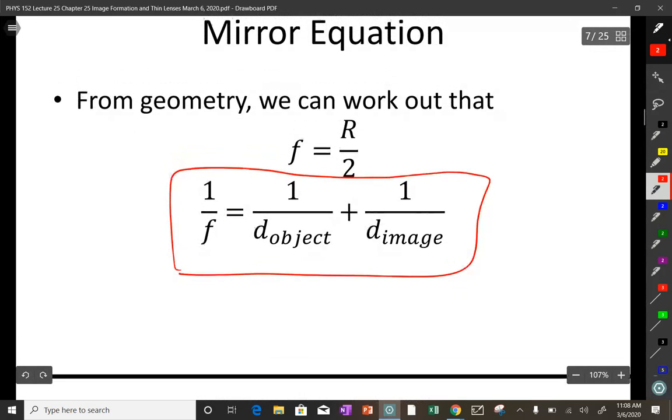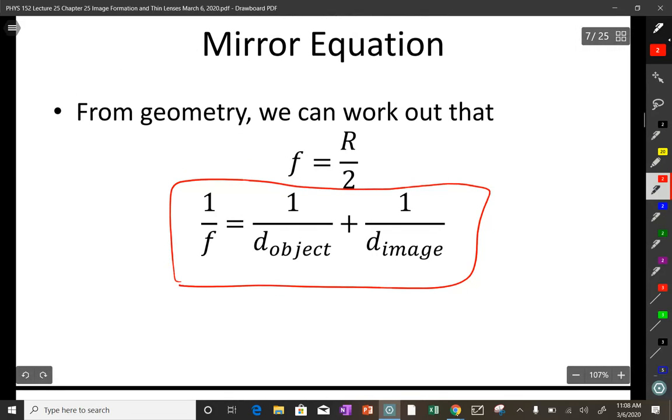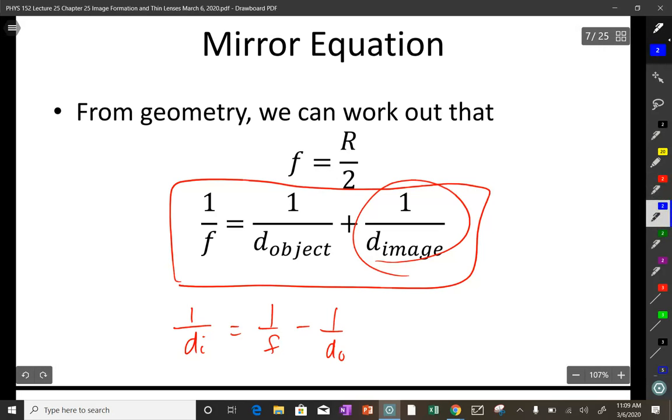One thing that a student asked me about, just to make sure we're clear: if you have a problem where you're finding the image distance, and you want to solve this for the image distance, there's only really two steps. First, you subtract 1 over the object distance from both sides. And then what's the second step? Isn't it inverse though? You have to take the inverse. Now notice the inverse is of the entire side, not of the terms. So what that gives you is